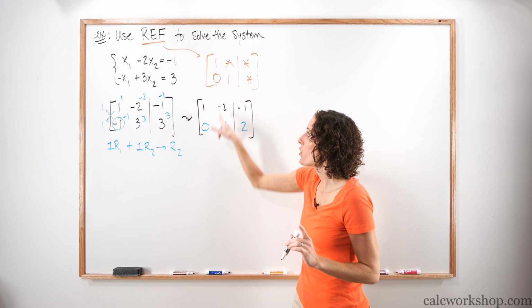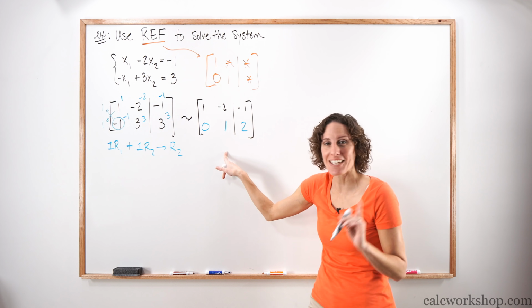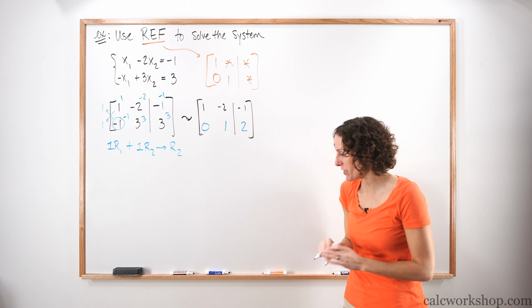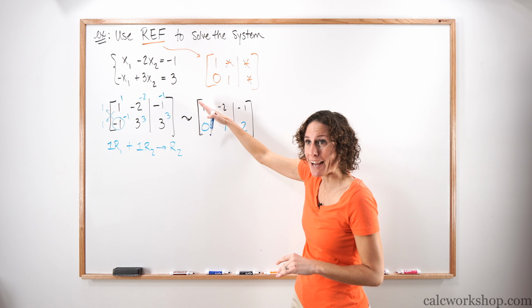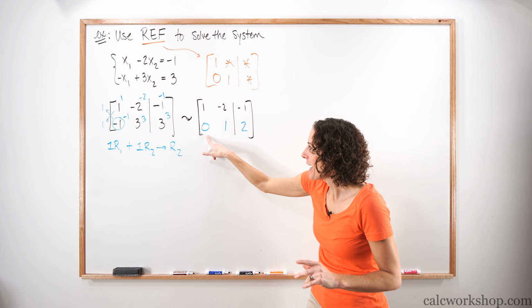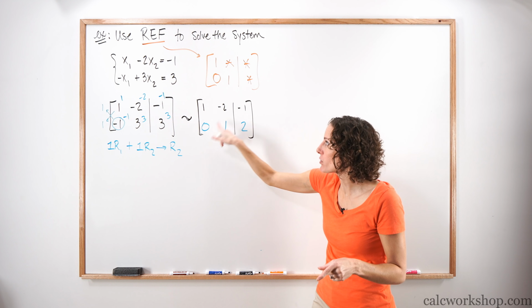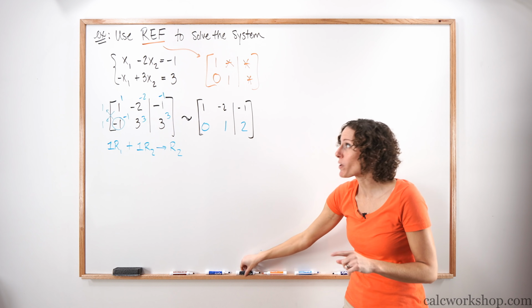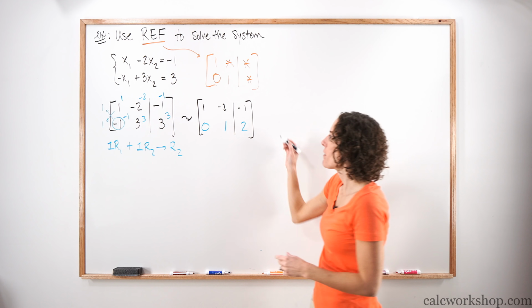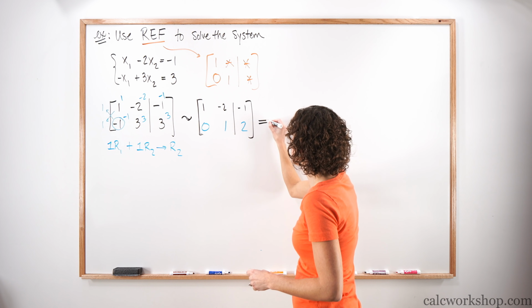And if you notice, we are actually perfect in terms of REF manipulation. We have exactly what we're looking for. We have our pivots down the main diagonal, and we didn't even have to scale. We've got our 0 in the lower triangle, and it doesn't really matter what the number is above. What we now see is that we can pull this back out into a system. This is called general form.